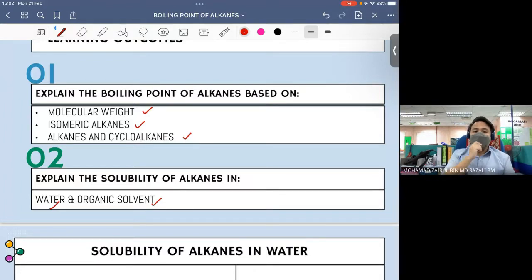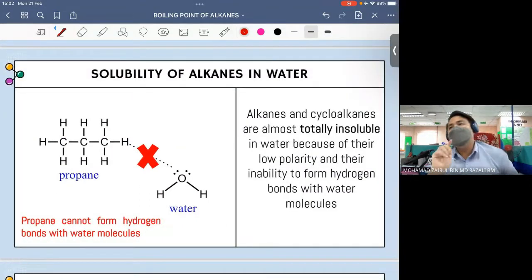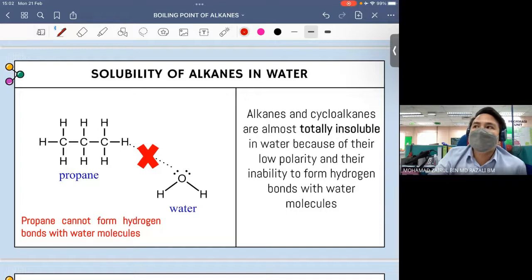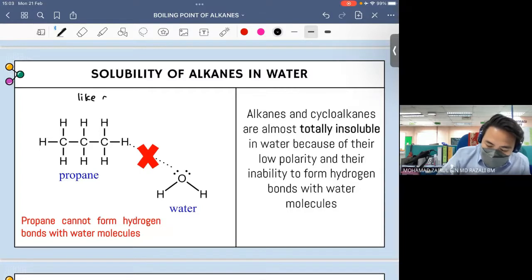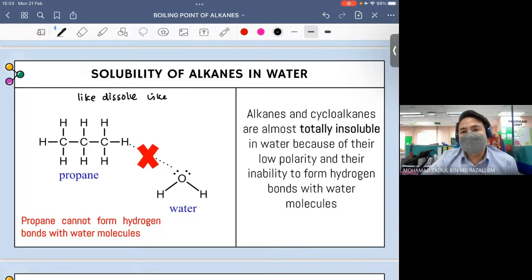So for an alkane, we start with the solubility of alkane in water. So kalau awak ingat lagi last semester waktu saya ajar chemical bonding, senang je, kalau kita nak tahu either this compound itu boleh dissolve tak dengan compound yang lain itu, kita gunakan satu konsep yang kita panggil dia sebagai like dissolve like. It means that only compound with the same predominant intermolecular forces sahaja yang dia boleh dissolve antara satu sama lain. So dia mesti ada same intermolecular forces baru dia boleh dissolve. Kalau tak ada, tak boleh.